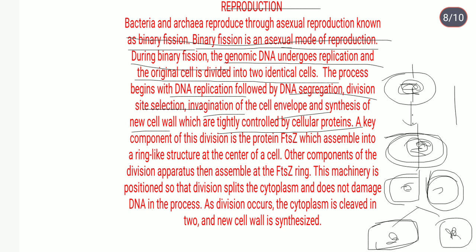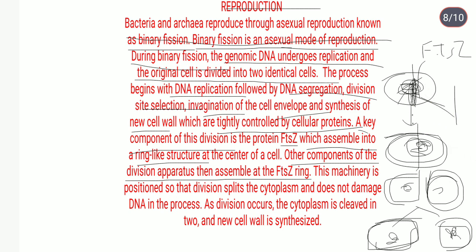The new cell wall synthesis is tightly controlled by cellular proteins. A key component of this division is the protein FtsZ. Means FtsZ is the key component of this division, which assembles into a ring-like structure. Other components of the division apparatus then assemble at the FtsZ, and this machinery is positioned so that division splits the cytoplasm